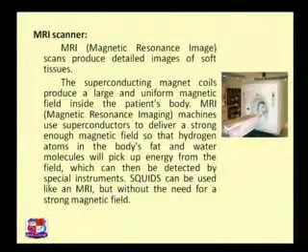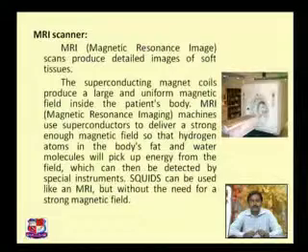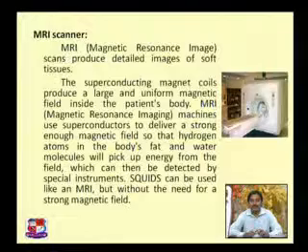MRI is one of them. MRI is magnetic resonance imaging. In that case, a whole body scan will be carried out, so that if there is any kind of problem with any of the organs, then we can identify it. For that purpose we need to create a magnetic field. That can also be created with a super magnet, but here we don't need such a strong magnetic field, so we can create it with a normal electromagnet also.